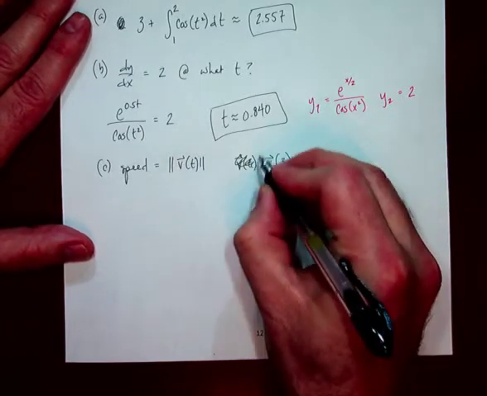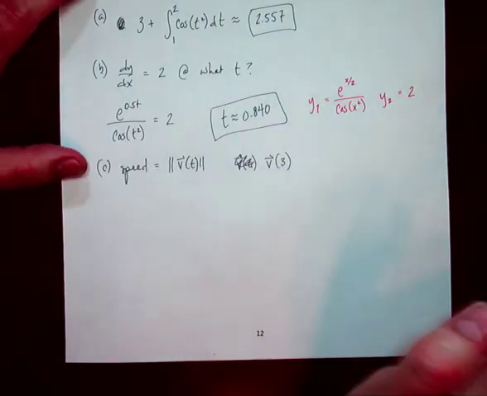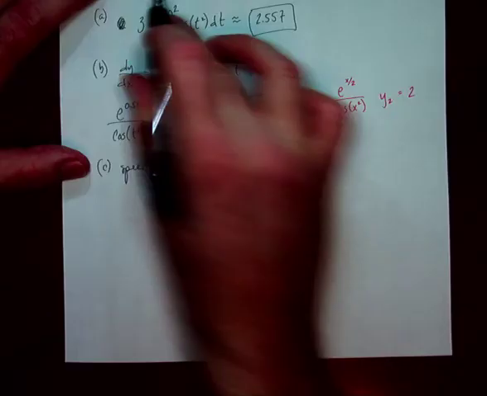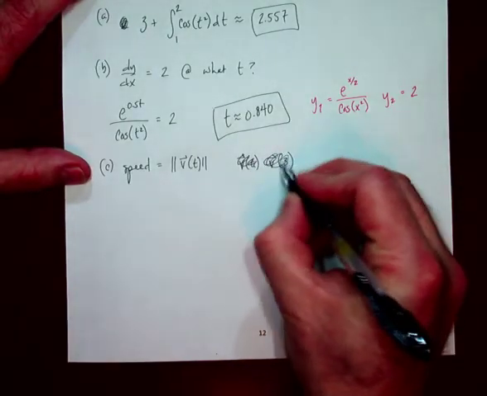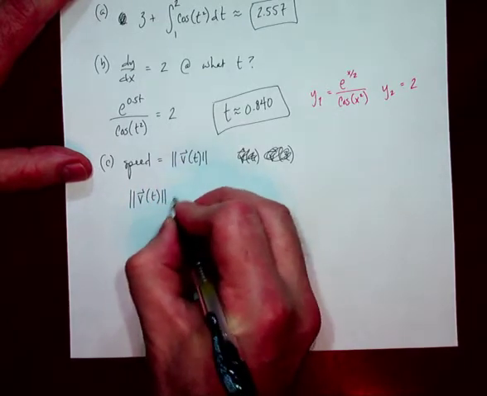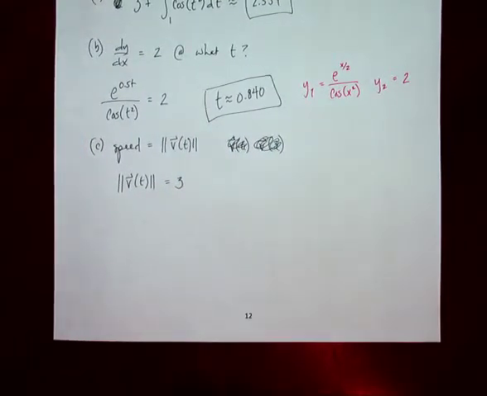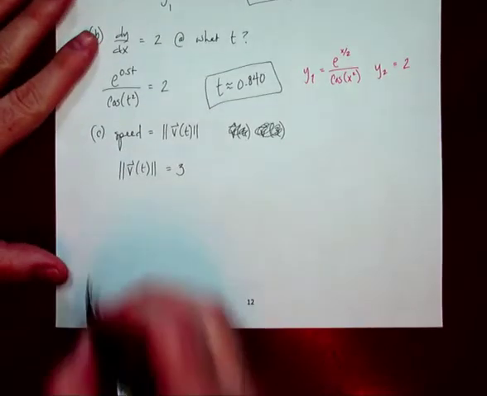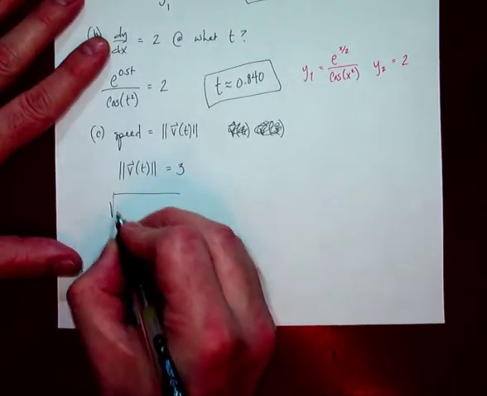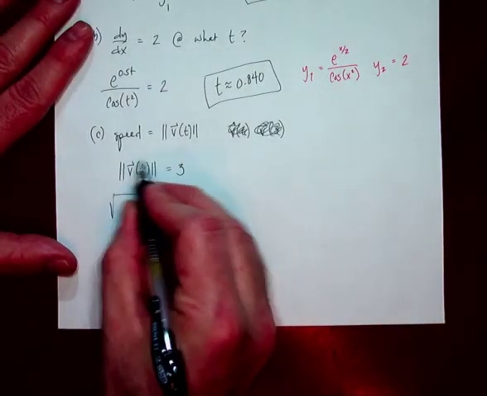Find the time when the speed is 3. So what I'm looking for, this is not an input-based question, right? This is an output-based question. It's asking when is the speed 3? So it's not the magnitude of the velocity vector at 3, it's the magnitude of the velocity vector is 3. Well, that means that I simply need to find the expression for the magnitude of the velocity,